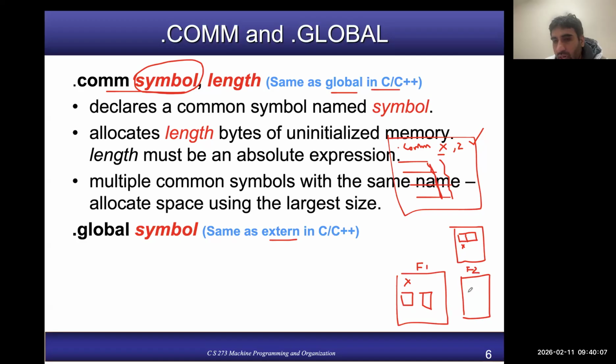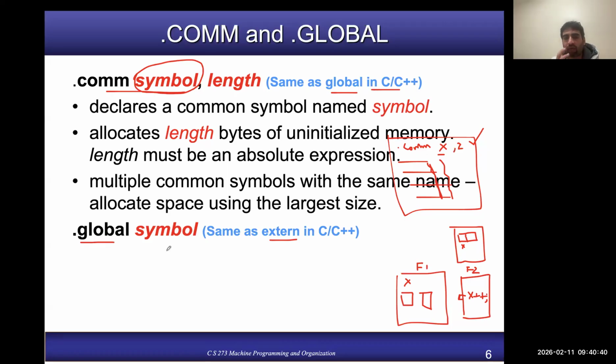And in file 2, if you write a statement, let's say x++, your compiler will complain. Why? Because x is not defined in file 2, it is defined in file 1. So what you do, you use the keyword extern before x. You tell the compiler that it is defined in some other file in my program. So we do exactly the same thing to achieve the same effect. We use the directive .global